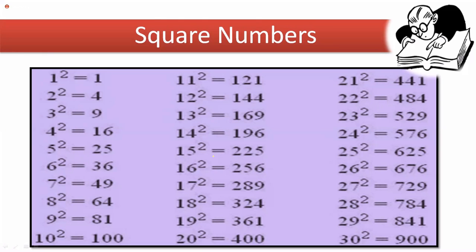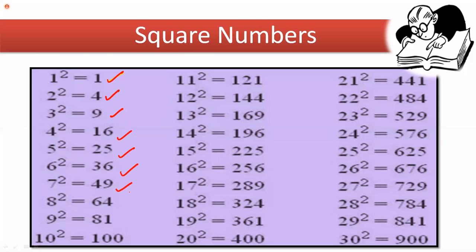If you can remember the squares from 1 to 25, it would be easy to tackle the questions. Anyway, I'm just trying to recap. 1 square is equal to 1. 2 square is 4, 3 square is 9, 4 square is 16, 5 square is 25, 6